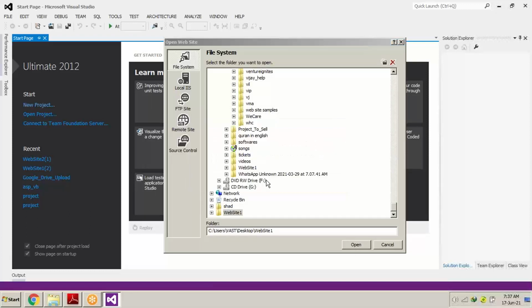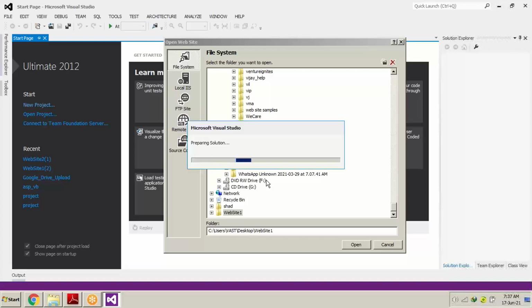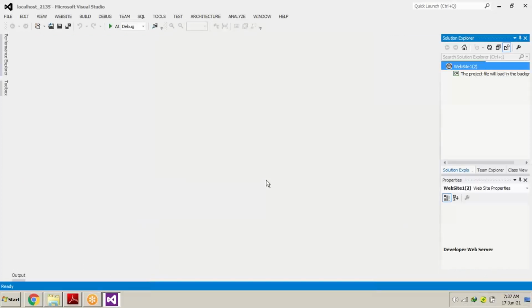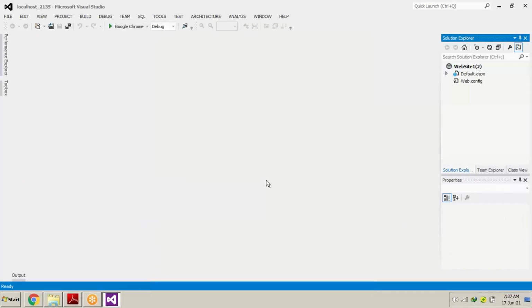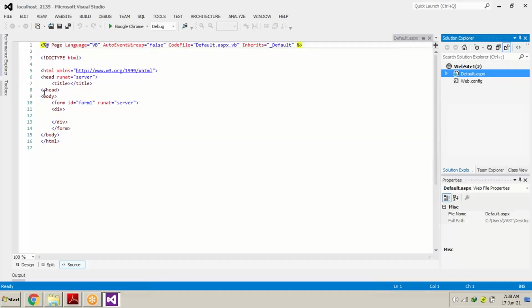These messages might come in your operating system. Some don't have them, so it's not a big issue. Now remember, here we have the screen we made yesterday. Now you can see I don't have any toolbox over here.